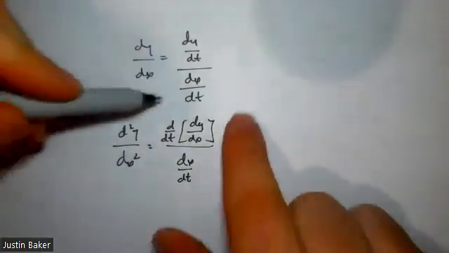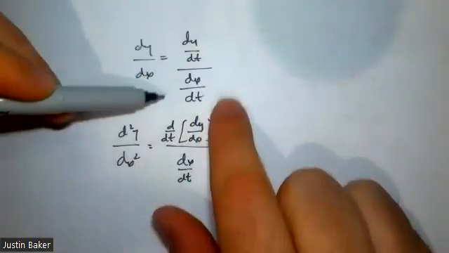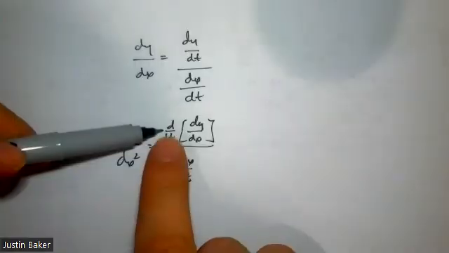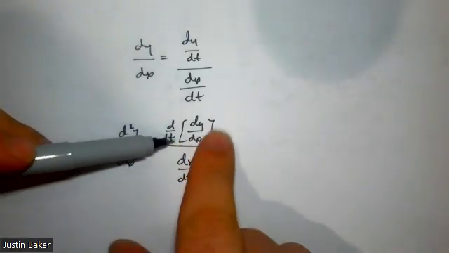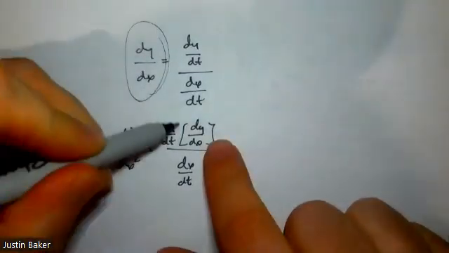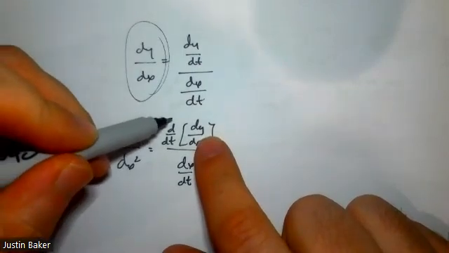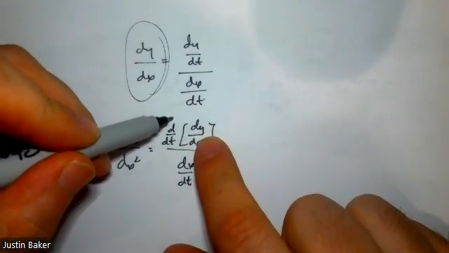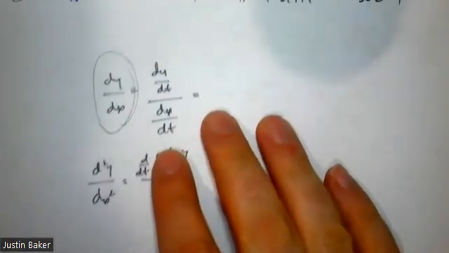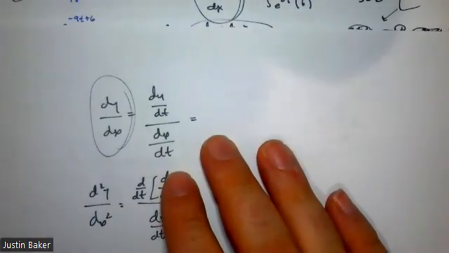When you do this, the first derivative is no problem, right? We take the derivative of the top and the derivative of the bottom. The second derivative says d/dt of the entire thing that we just did. You're taking the derivative of the entire thing, and that's going to be a quotient rule. You follow what I'm saying? Let's go back to where we were. dy/dx, what did we come up with for an answer? We said it was